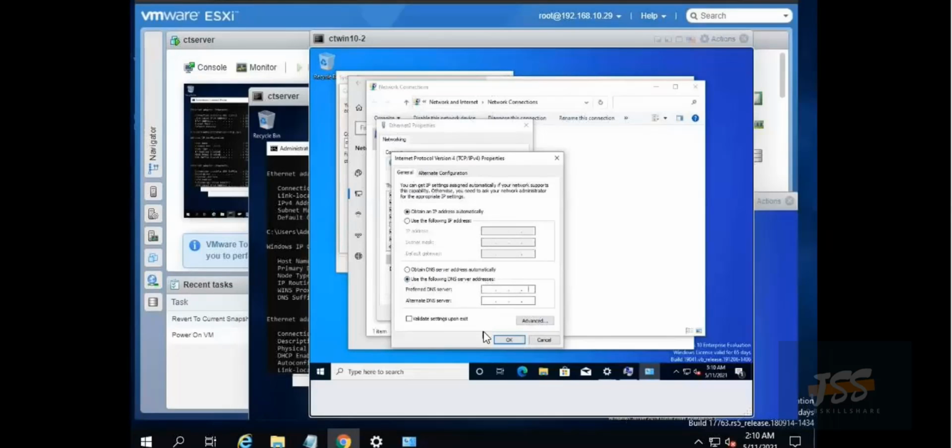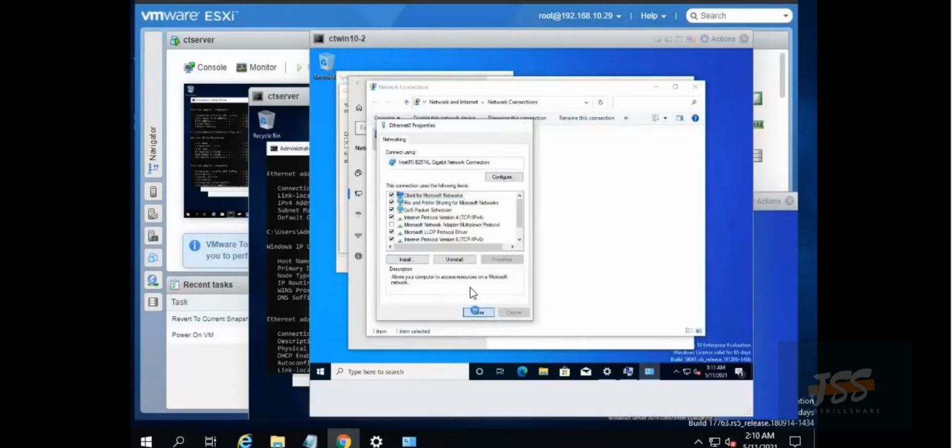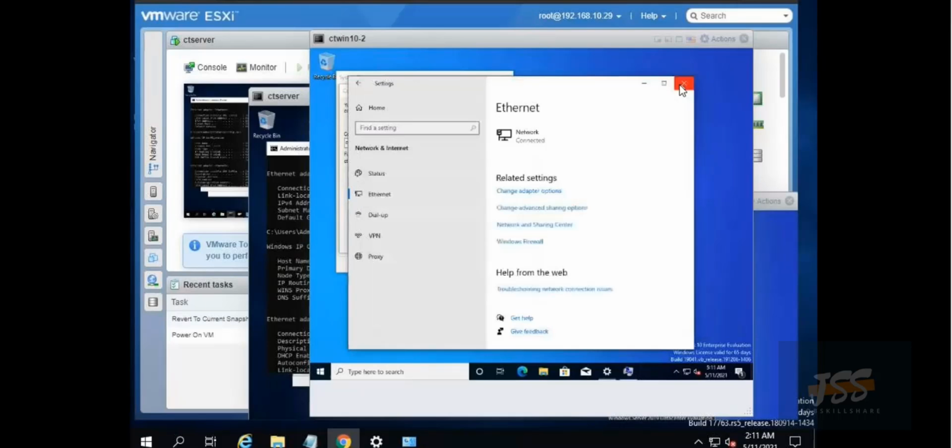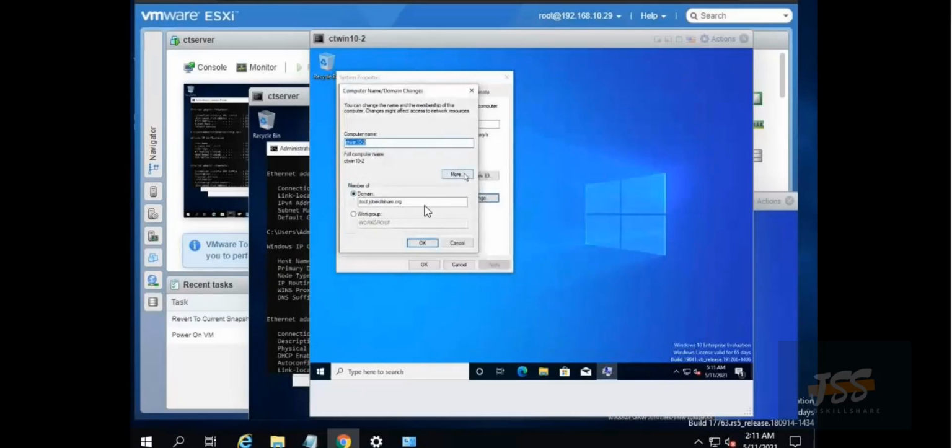So I type the required address, 192.168.10.57, and I can add 8.8.8.8 as the second DNS server. So now we're good. Okay,